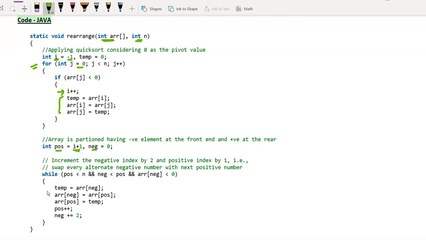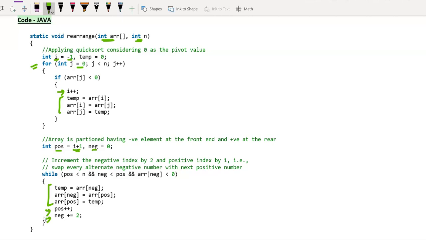Now we are going to do the swapping of the negative index element and the positive index element, which we are doing in these three lines. And we go for the next iteration, the positive will get incremented by 1 and the negative will get incremented by 2.